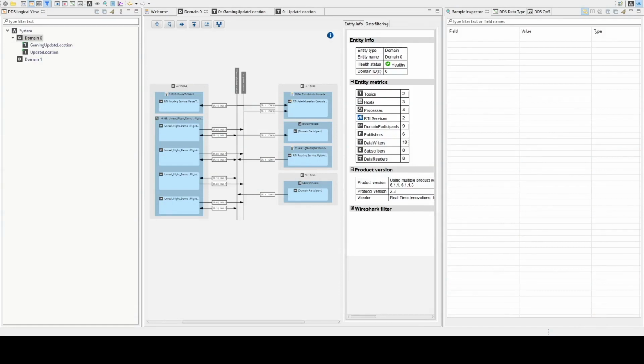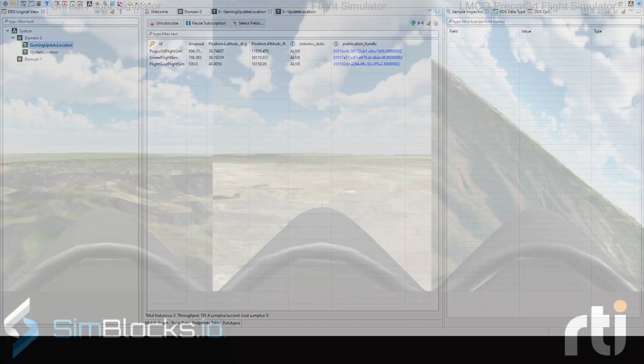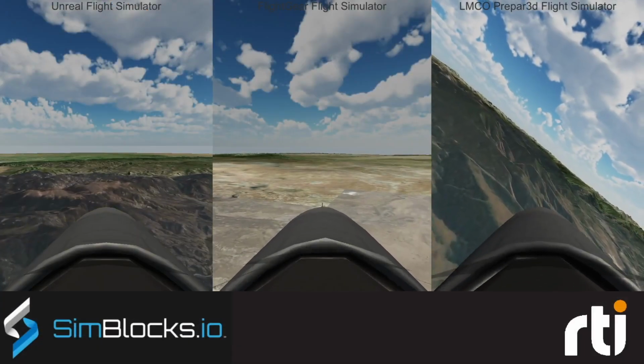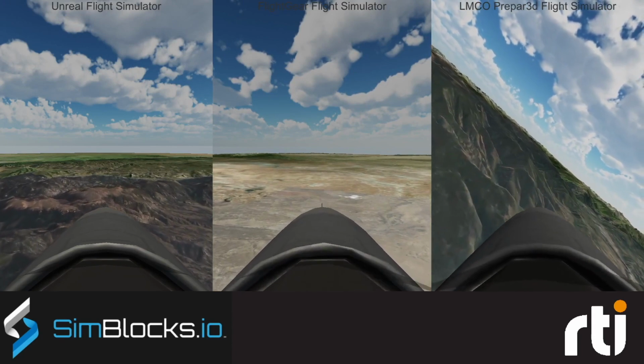Using RTI Admin Console, we can see the various simulators publishing their flight data on the databus. As you can see, the data is changing in real time as the aircraft moves around in its various simulated environments. Shown here is how the Unity visualization component of this demo subscribes to the information on the databus and